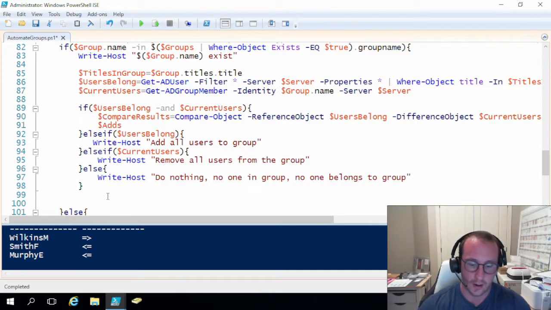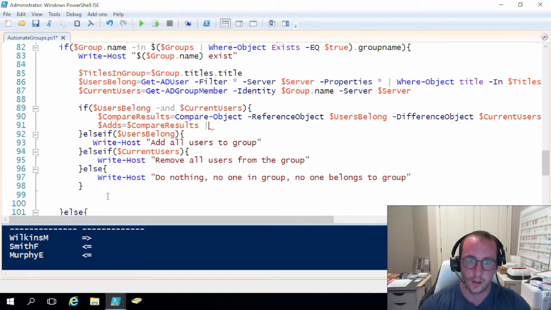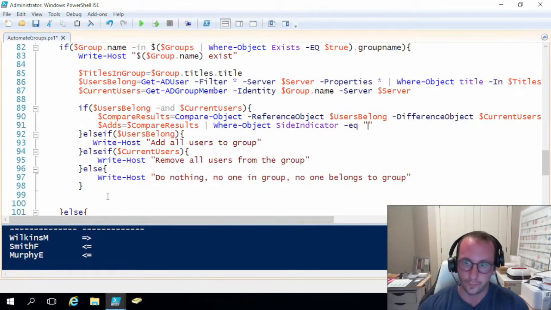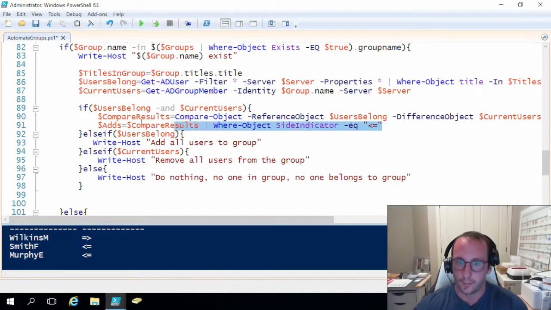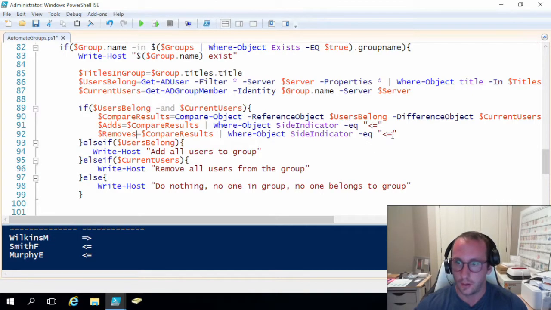So let's create our adds here, which is going to equal compare results. We're going to pipe that to a Where-Object where SideIndicator is equal to the arrow pointing towards the left. And then I am going to copy this line, and we are going to change adds to removes,